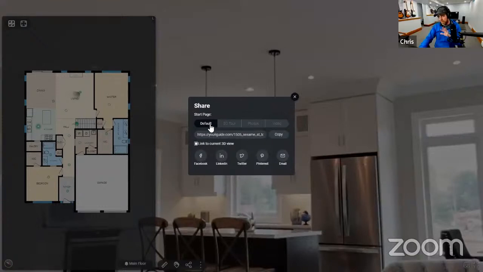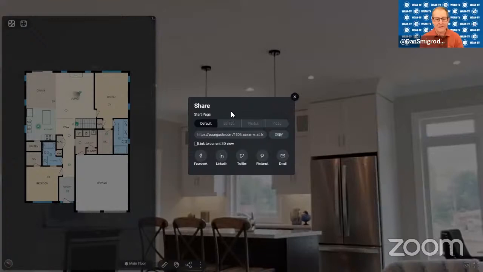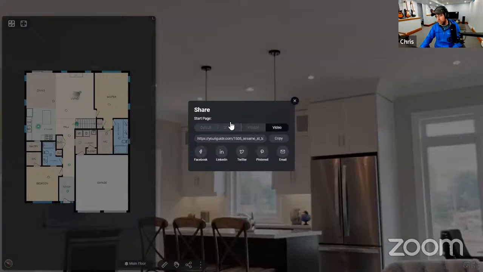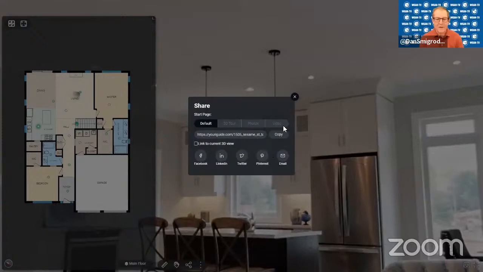It always is by default, correct? So actually it depends. You can set the default to be whatever you wish it to be. Okay. So that means on the back end, someone could set the default to be the video, for example. That's one of the other advantages to iGuide because it includes that extra media that I mentioned before. You can configure it to start with something really eye-catching, like a drone video, and then auto transition to the tour. So default represents whatever the creator intended it to be initially. But if you don't like that, you can manually switch it to immediately show the video, the photos or the 3D tour.